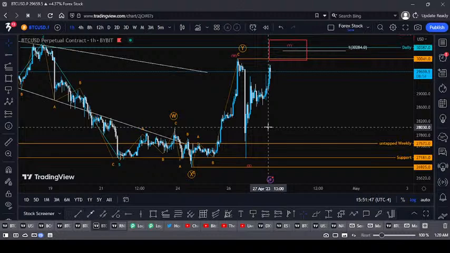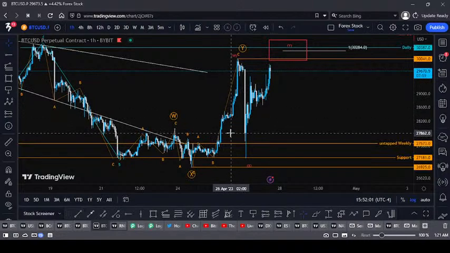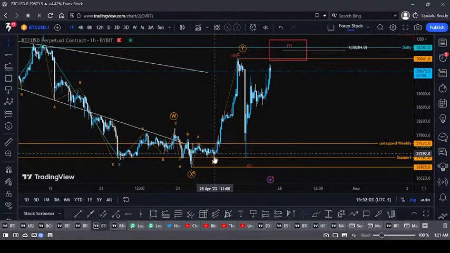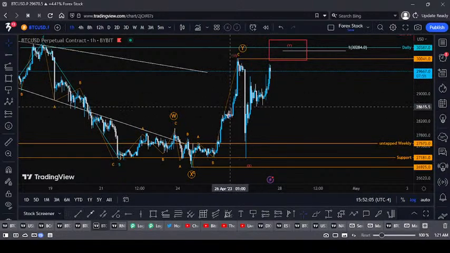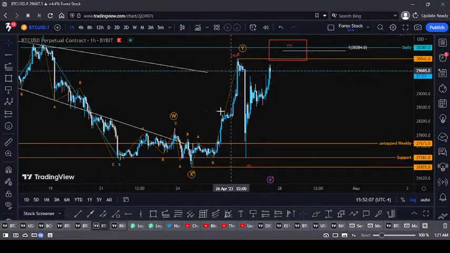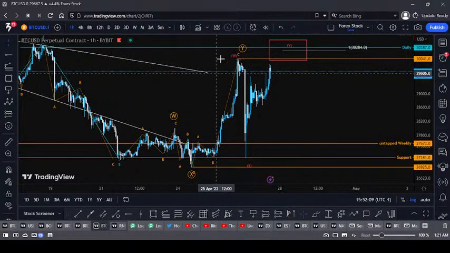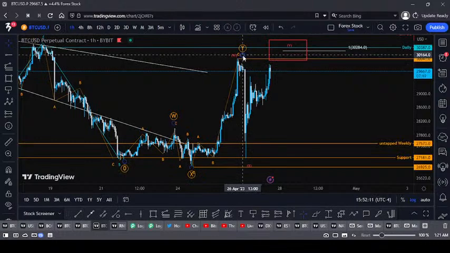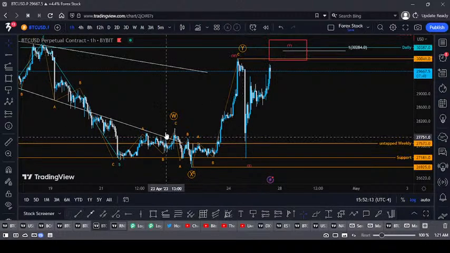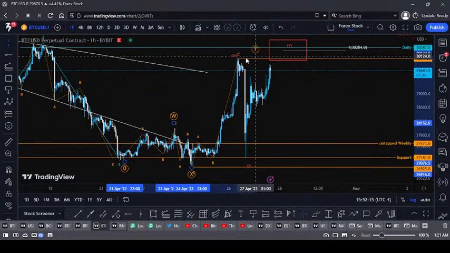The fourth wave should not be such a narrow wave, and it always consists of complex zigzag movements. So the fourth wave is not present in the chart for me, and that's why I'm more leaning towards the three-wave structure of this ABC count towards WXY, and after this WXY,